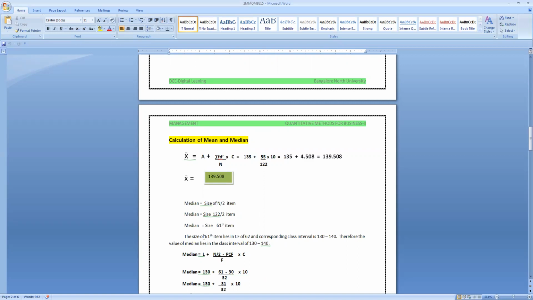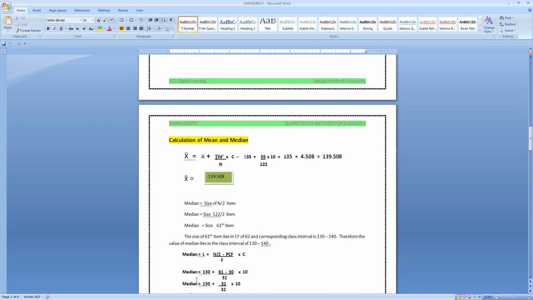Corresponding to that, the class interval is 130 to 140. Therefore, the value of the median lies in the class interval of 130 to 140. Now we'll have to substitute these values for the calculation of median by using the formula. Therefore, median is nothing but L plus (n/2 minus preceding CF) divided by frequency, into the class width of